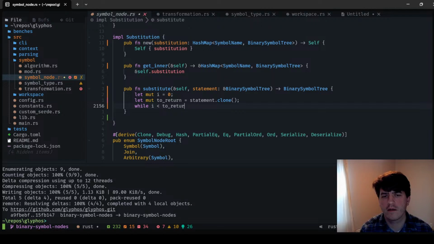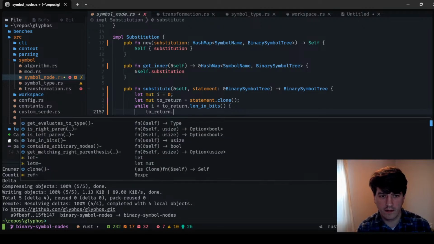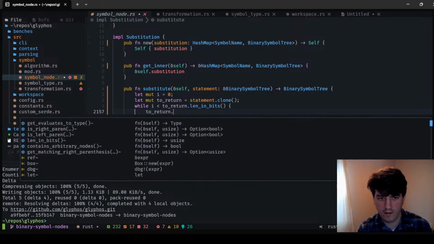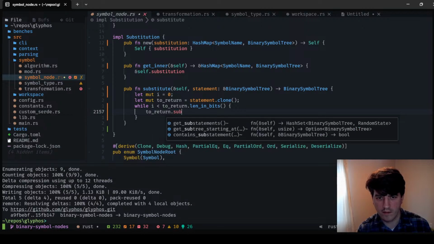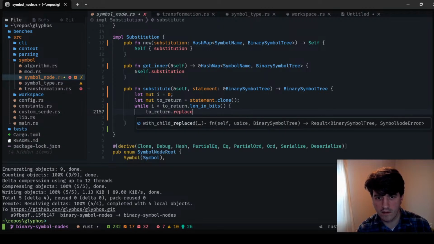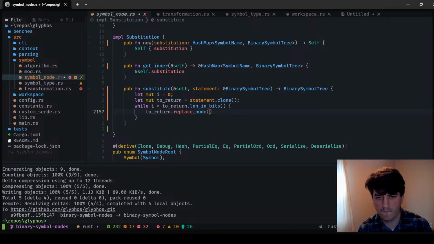While i is less than to_return.length in bits, to_return.replace, substitute at or replace at, replace node, replace at i. Hang on, if